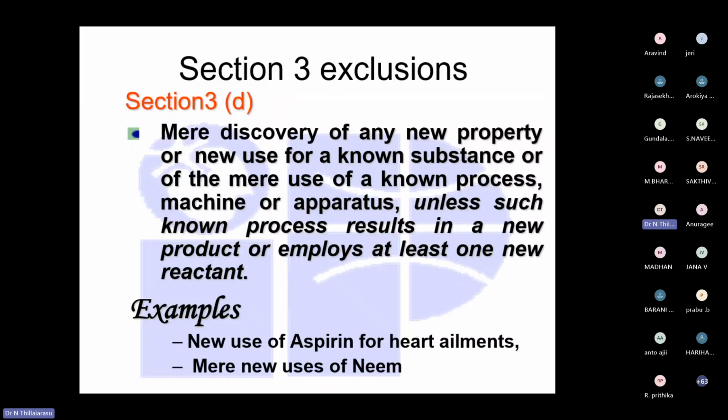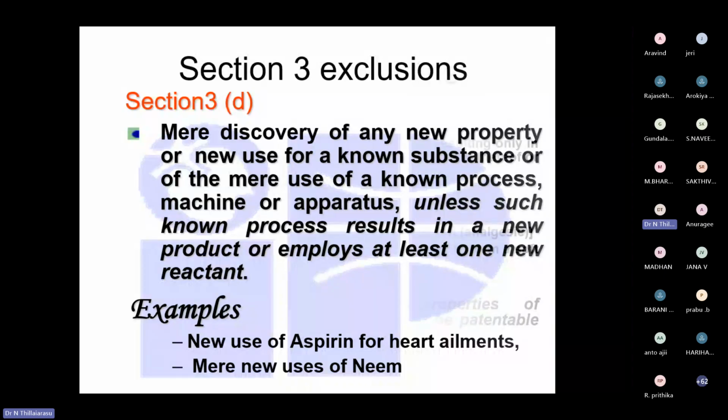So the use of aspirin for the health element, the mere use of neem. Instead of something, if I am getting neem oil or a neem product for the curation of any disease, we cannot file a patent. The curation of any kind of disease or method is not supposed to be patented. If you are extracting something from the neem tree, or using turmeric in a mixture for curing one disease, it is not patentable.